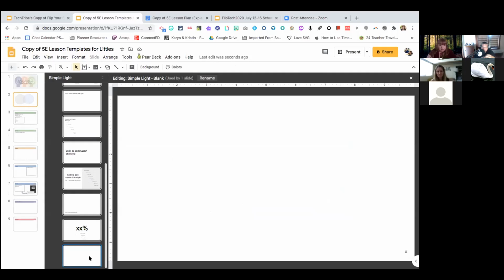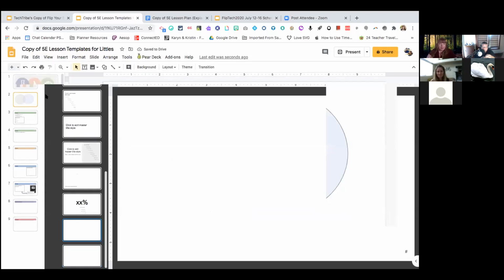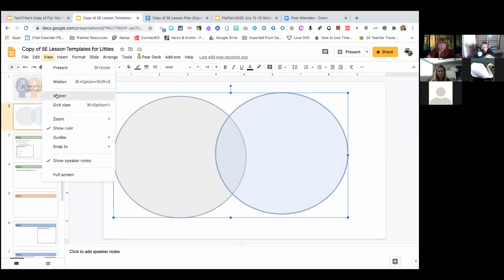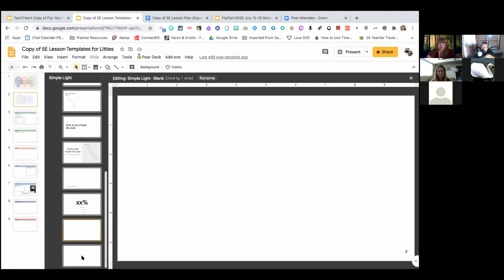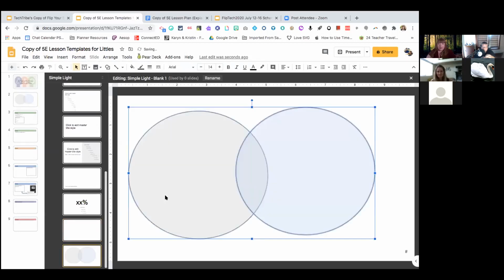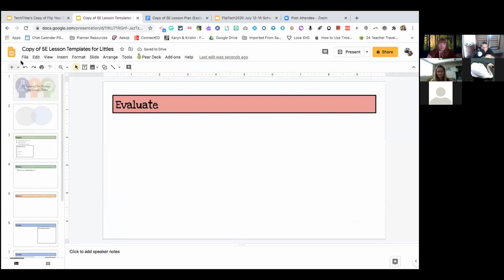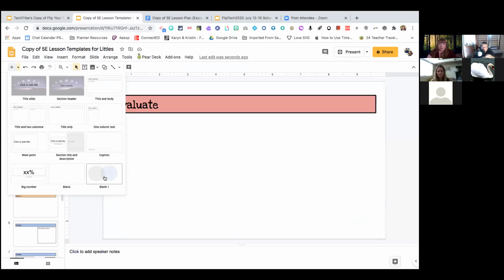There we go. I'm going to go back to where I created this Venn diagram, copy those shapes, go back to my master, and paste those onto the blank page I put on there. Now if I click out of the master and say I wanted to add that Venn diagram, it's there in my templates up at the plus sign.